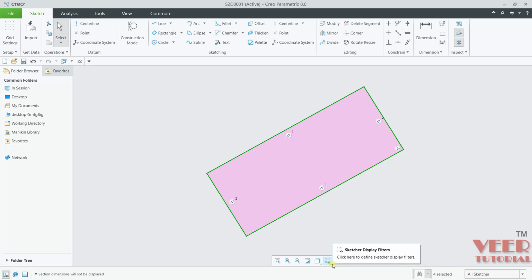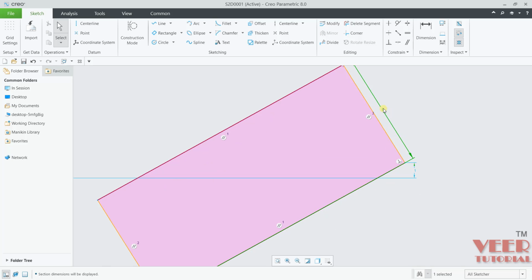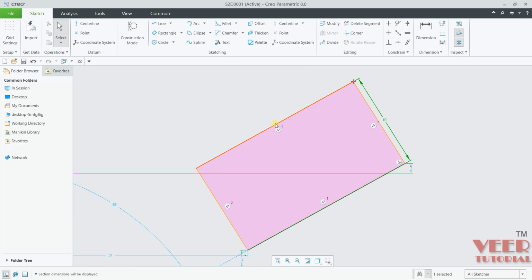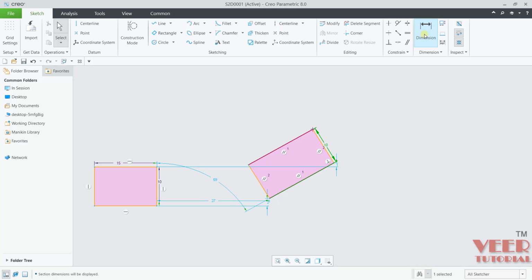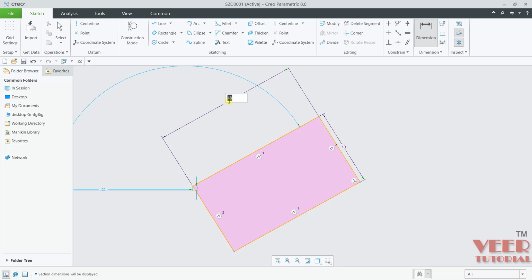Again, if you want to change the dimensions, you need to turn on dimension and then you can insert any value. So let's say this is 10. Now you can see the other dimension is not highlighting automatically, so you can add this dimension manually. Go to this dimension tab and select this line and then pick up the location. Here hit the roller of the mouse, you will see the dimension is highlighting. So let's say this value is 20, press enter. So the rectangle is completed.